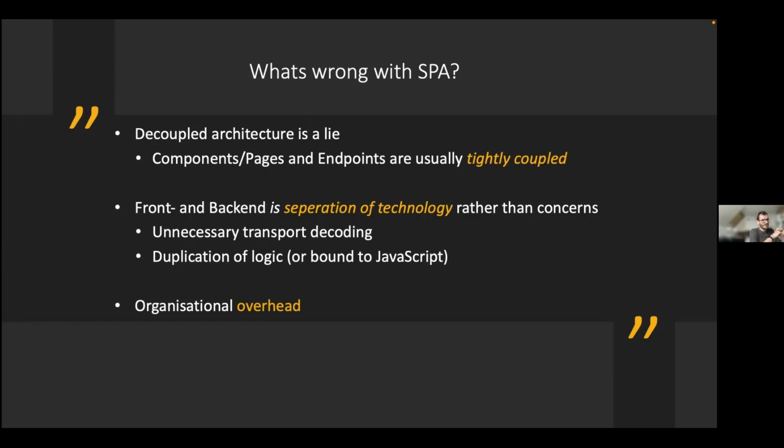And unfortunately, if the backend is not the same language as the front end, you sometimes have duplication of logic, or you have to do a really good job in slicing the concerns for front end and back end,